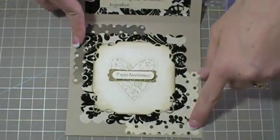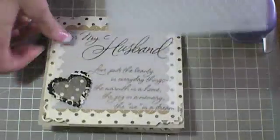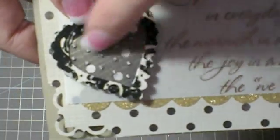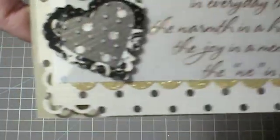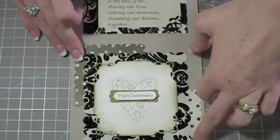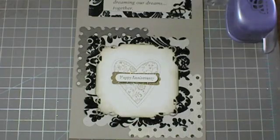So then these two pieces are also, oh, I forgot to show you. I also used the perfect polka dots on this heart. So I embossed this heart with the perfect polka dots embossing folder. Okay, sorry about that. Alright, so then you take two pieces of DSP or cardstock or whatever, and using the